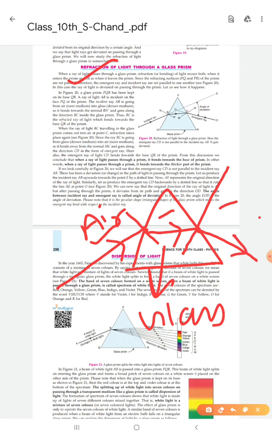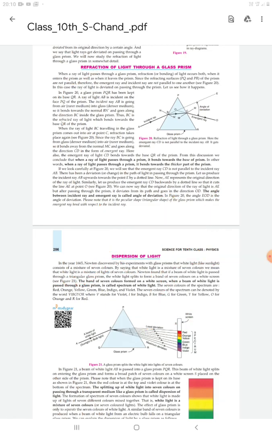This is just like refraction. You should know about refraction. At first light is moving from air to glass, and after that from glass to air. So this is an incident ray, you can see here, and this is a refracted ray. These are the important points.